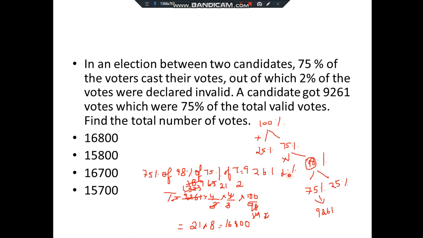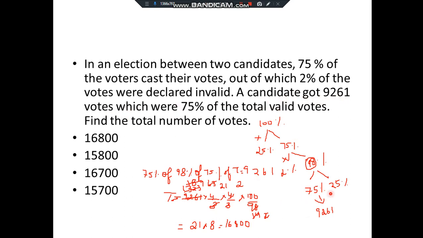Now they have given that a candidate got 75% of total valid votes. So obviously the other person got 25% of total valid votes, right? Now you remember one more thing, so you'll easily understand. Always when you use this tree method, after division, when you add the values, the percentage should be 100%. See, 25 plus 75, 2 plus 98, 75 plus 25. Get my point?